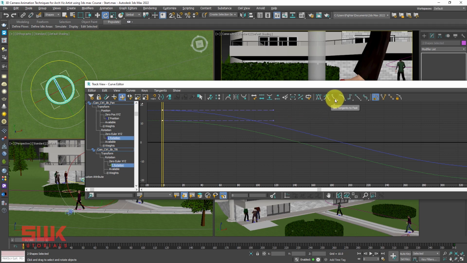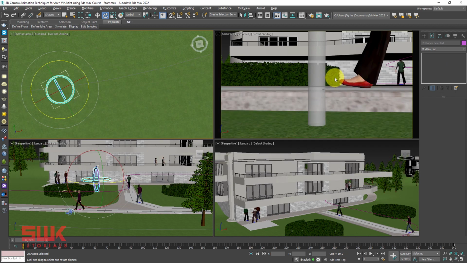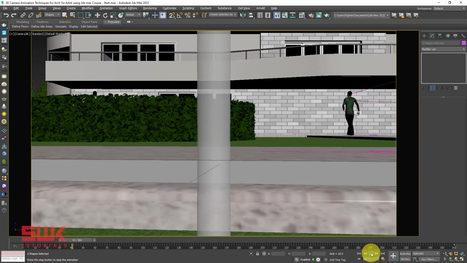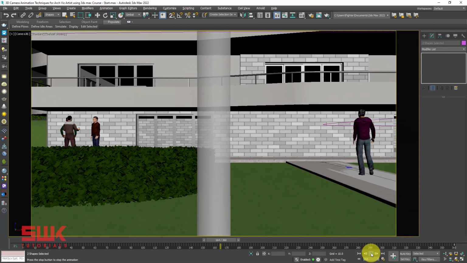Then I will click on slow in the start. Then for the ending ones I want it to be fast, so I will click on this fast tangent, and you can see my tangent has been changed. Go to the first frame and play the animation. You can see it starts slow and then gradually it picks up speed.